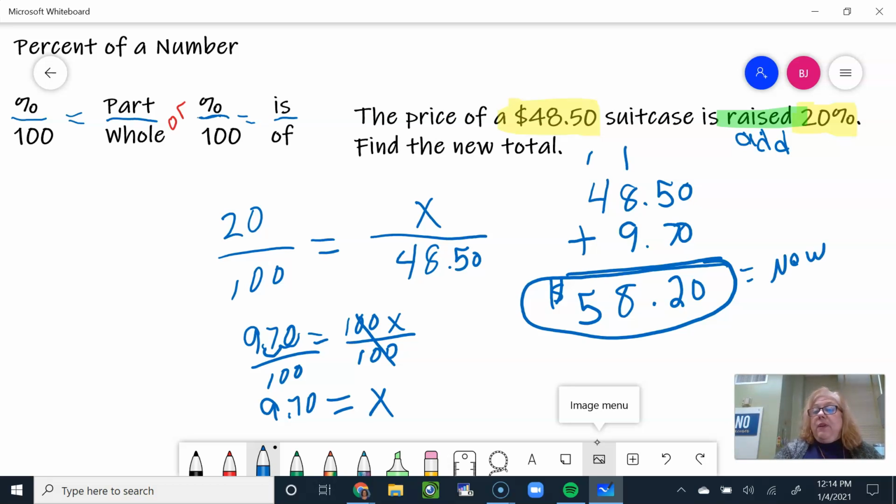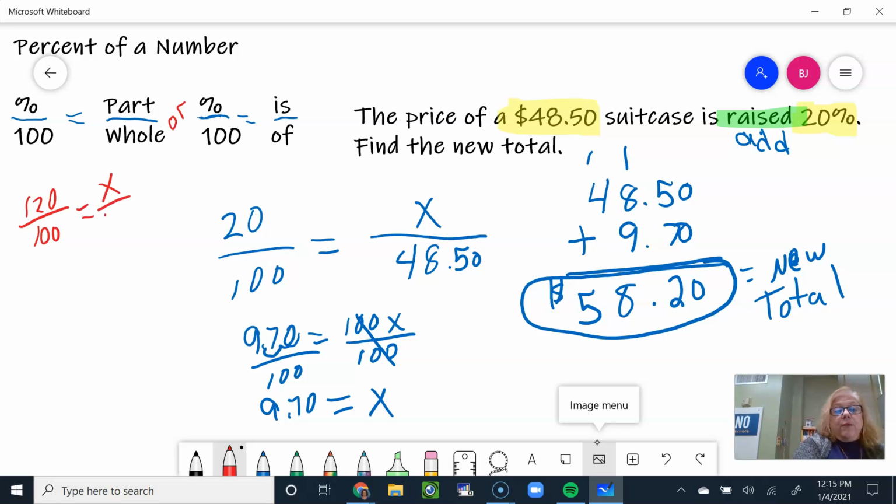Now, some of you may look at this and go, well, Miss Jones, we could have done that a different way, and you could have. I just didn't want to confuse those of you who may not understand this. Since we're raising it by 20%, we could have said 120 over 100 equals x over 48.5. We could have done it this way,